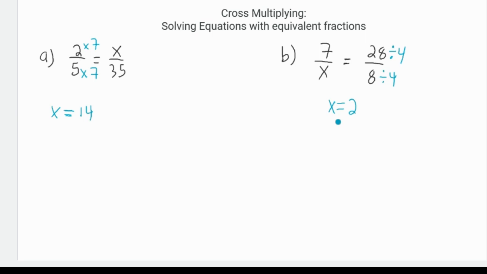So at this point, if you're okay with that, that is great. But I'm going to show a new method for how we can solve these things using something called cross multiplying. So let's go back over here and